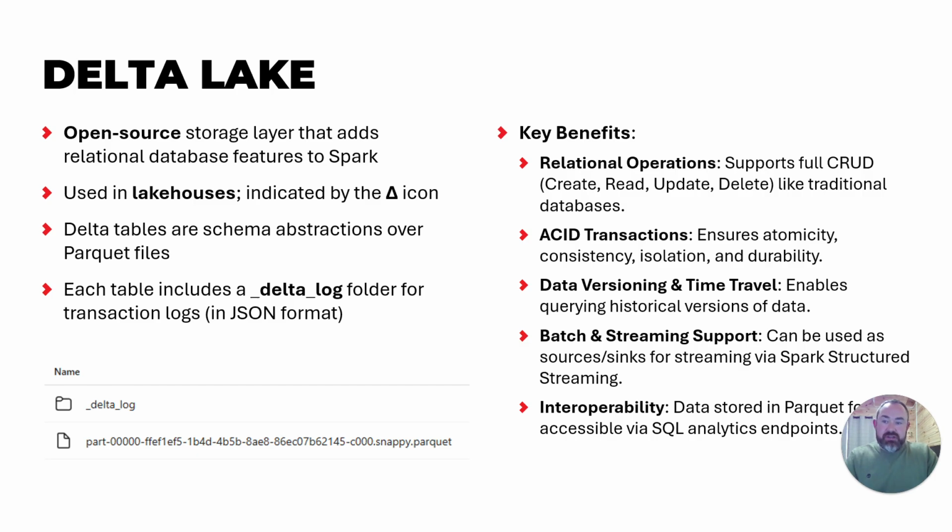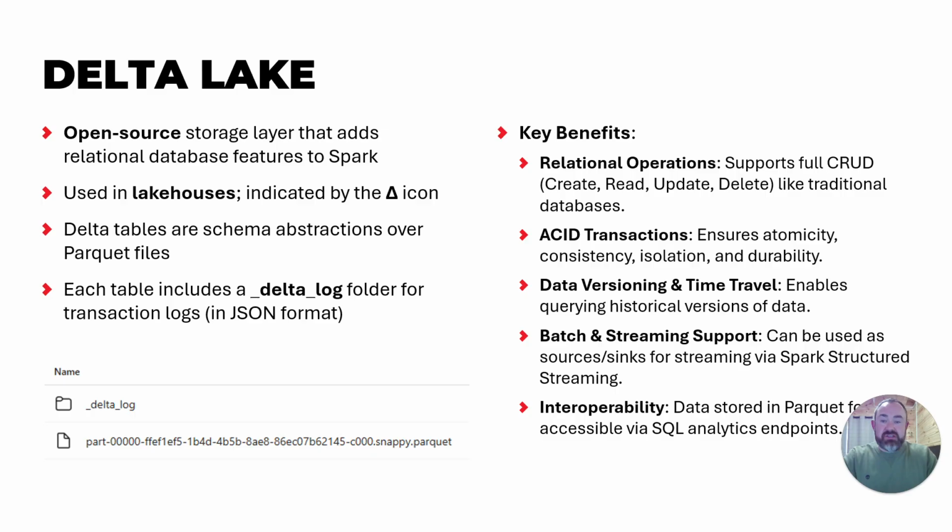Delta Lake tables are an open source storage layer that add relational database features to Spark. They're used in lakehouses and indicated by the triangle icon. Delta Lake tables are schema abstractions over Parquet files, and each table includes a Delta log folder for transaction logs in the JSON format. Key benefits are relational operations, so they support the full CRUD: create, read, update and delete